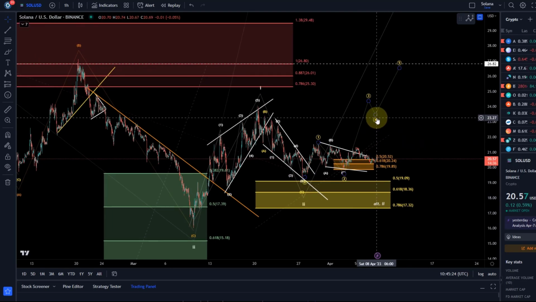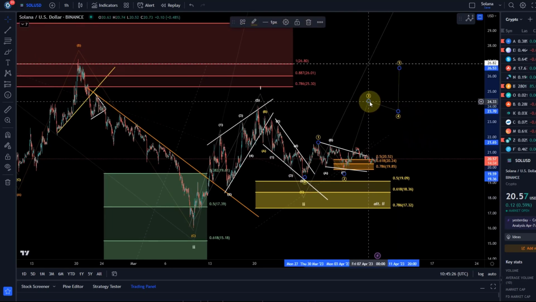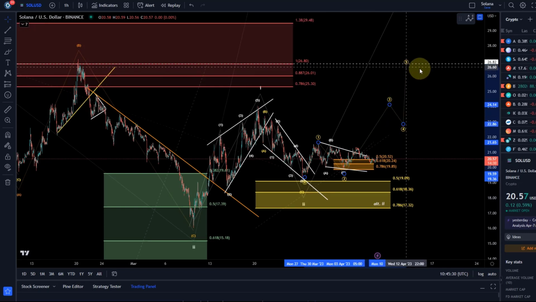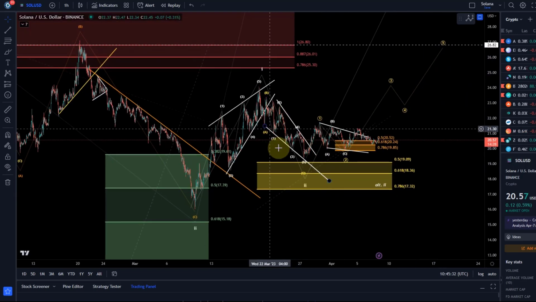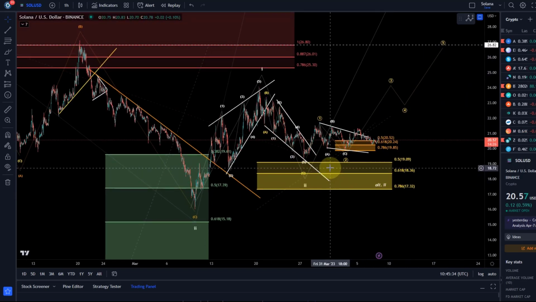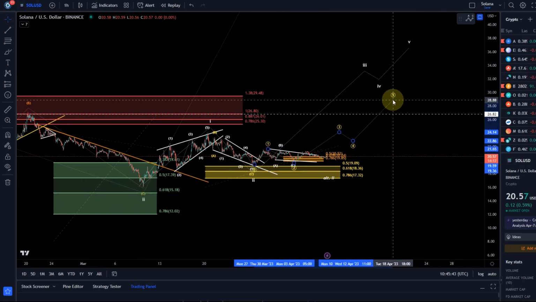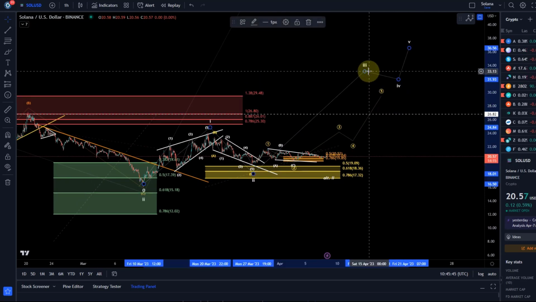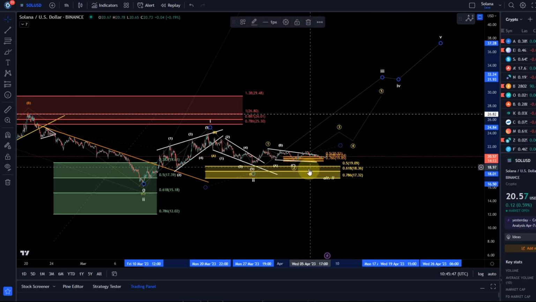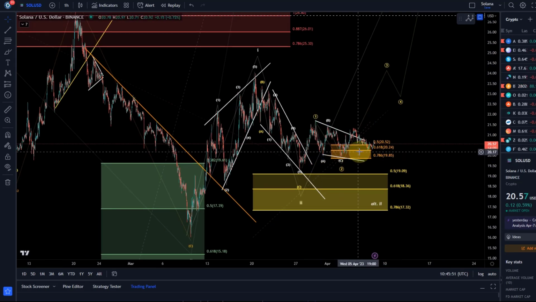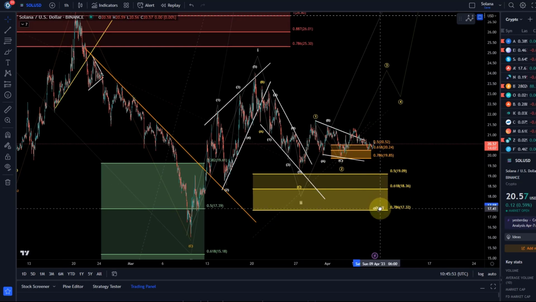I rarely give probability numbers because they are pointless. They are very subjective to a degree. But I just want to highlight that they are both likely options. And either way, they are both part of the overall scenario that a breakout in a third wave is likely. The thing is only that this breakout in a third wave might occur from this swing low, which was made on the 3rd of April, or we might very well reset wave 2 a little bit lower.